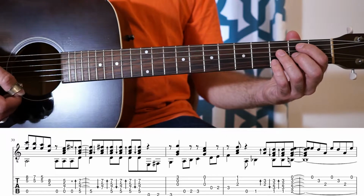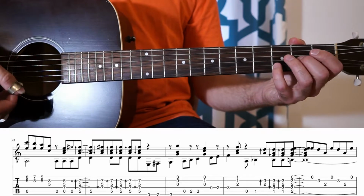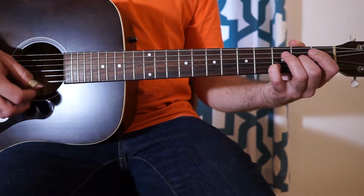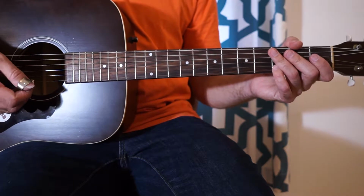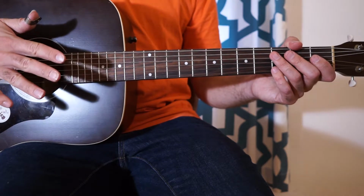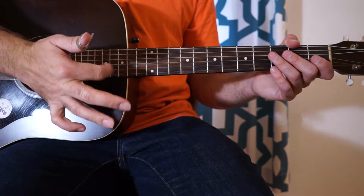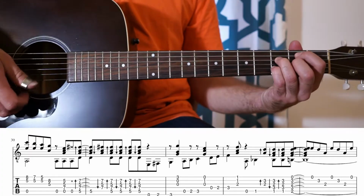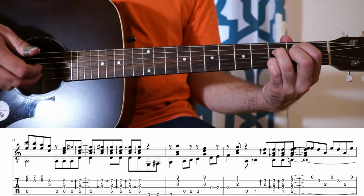Once you've hit this chord, you have a series of arpeggios to do on the 1st, 2nd, and 3rd strings, which are 0, 3, and 2. Now these arpeggios, if you're really good with using your thumb pick, which is what Sungha Jung does, I kind of suck at it, so I'm going to use my fingers in this case because I'm much more used to it. But you have a choice. Either you use your thumb pick to do your arpeggios and pick across each of the strings, or you use your fingers and do a sort of classical picking pattern where it's ring, middle, index, ring, middle, index. So you have the choice here. You've got this B minor 7 flat 5 chord, and then it's 1, 2, 3, 4,